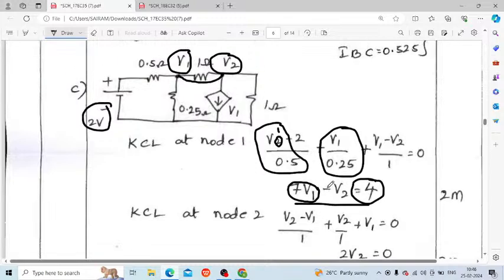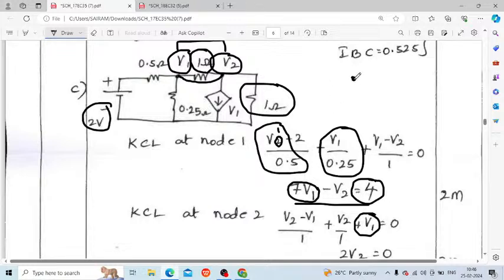Okay. Here let me do KCL at node 2. This V2 minus V1 divided by 1 plus V2 divided by 1. First is this V2 minus V1 divided by this one. Second one is this V2 divided by this one. The third one is plus V1, which is equal to 0. Why plus V1? We need to see if there is any node present and if you have any dependent sources present. So this is a current dependent voltage source because you have an arrow mark